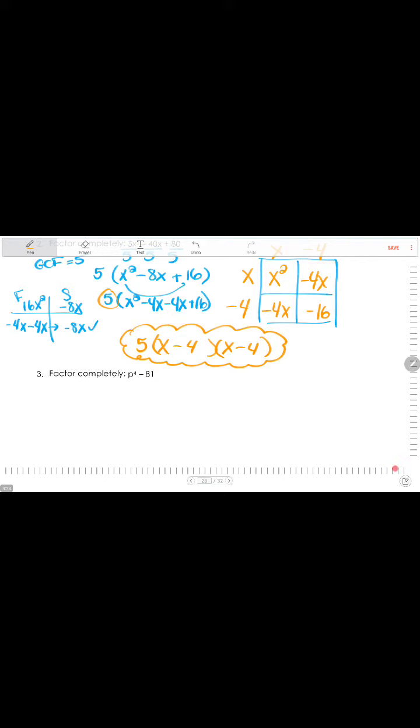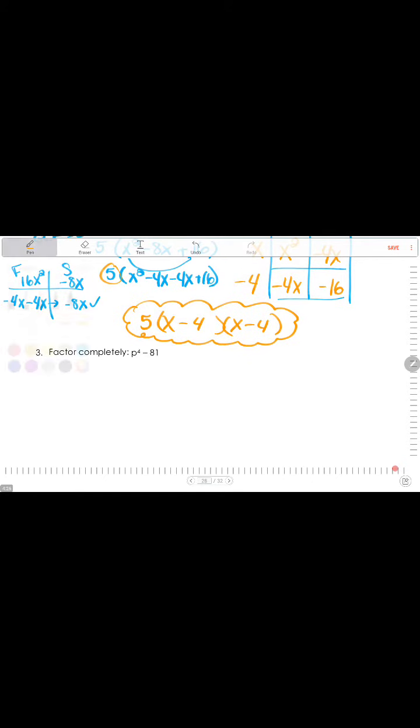Okay, and lastly, I have a binomial and I check. Are these perfect squares? Yes. Is there a subtraction in the middle? Yes, so I can do DOPS. So that would get me p squared and p squared, positive 9 and negative 9. Remember to make your parentheses first